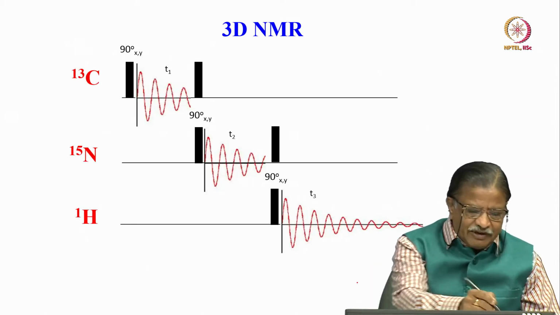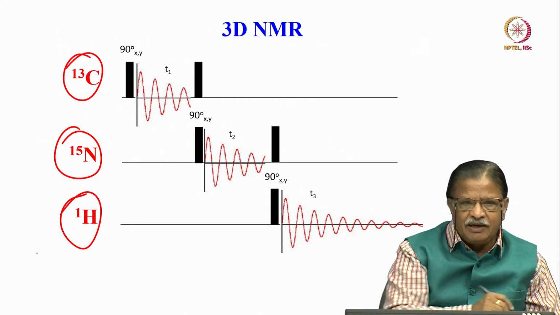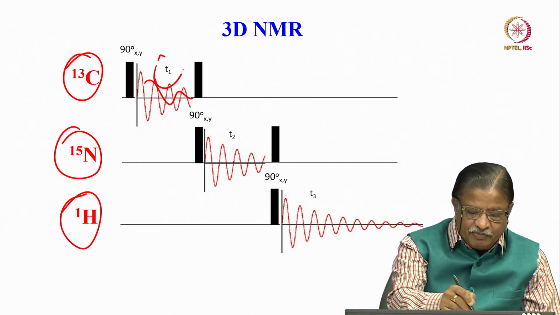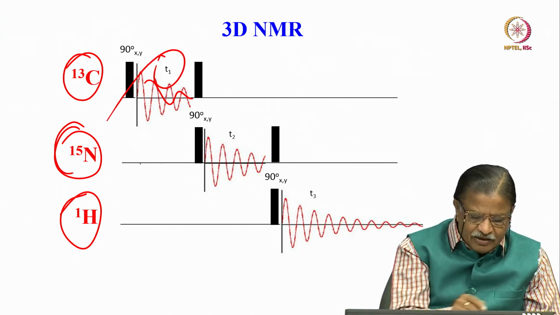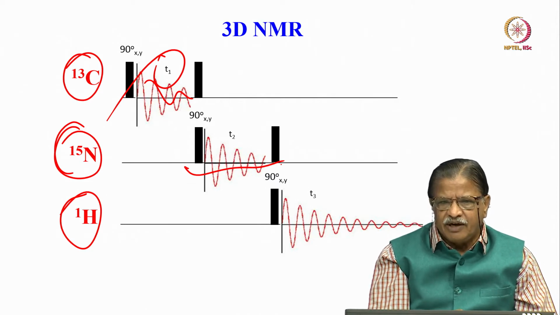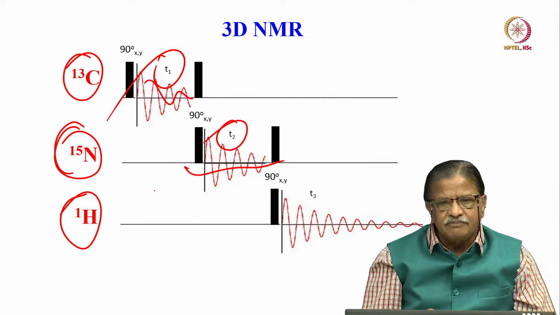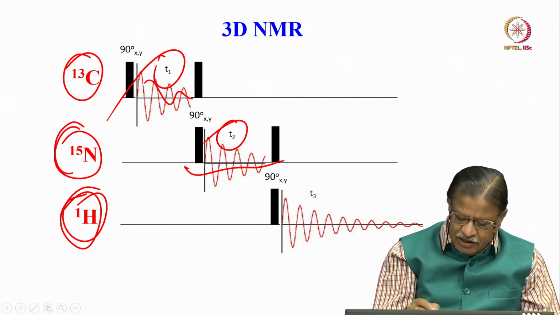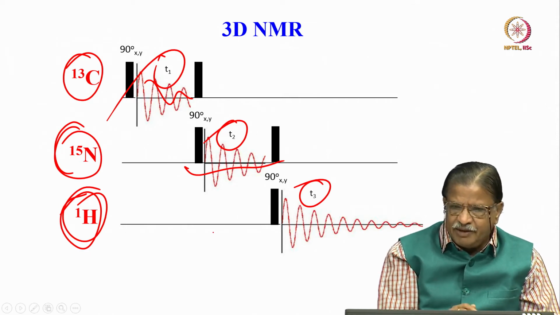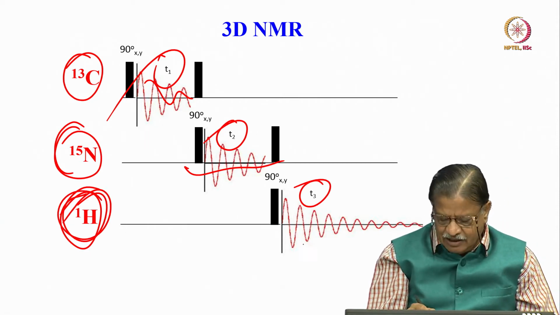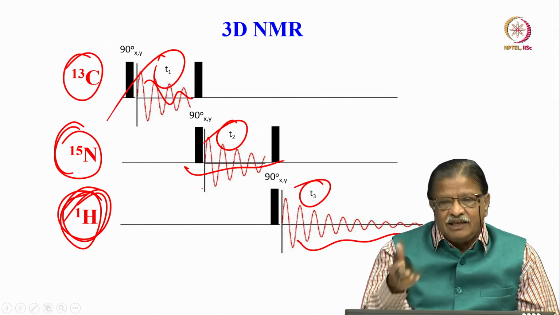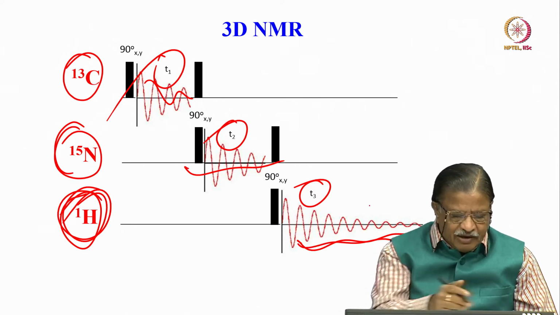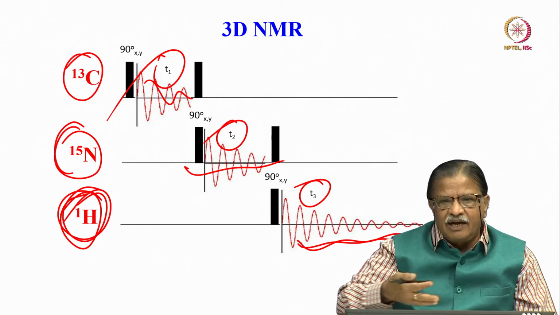Of course, yes. Then we can have 3 different nuclei, carbon 13, nitrogen 15 and proton. You apply a pulse on proton, carbon 13, collect the FID, this is one period. Then on nitrogen you apply a couple of pulses and do something for nitrogen spins and collect the signal here, that is T2. Then in the last period, this is the T3 period here, T1, T2 and T3. This may be on the proton channel and collect the signal. Finally, you have to collect the signal in one of the channels. Proton channel is collected here because it is highly sensitive. So, we have 3 different nuclei and 3 different time periods, it is 3D NMR.